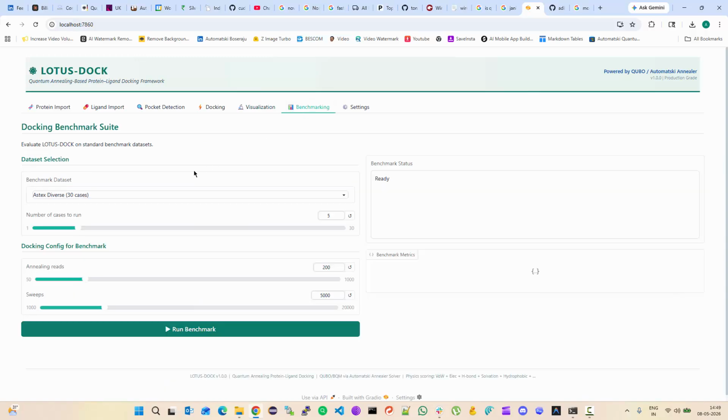This is the benchmarking tab where you can benchmark the implementation on the Astex Diverse 30 case database, and you can select the number of cases to run, and you can run the benchmark. Though I have to warn you that the precision of the framework has been limited to 1 angstrom, and the benchmark will not result in top 5 results of the world. This has been done on purpose because this is actually our IP and we want to hold on to the most accurate